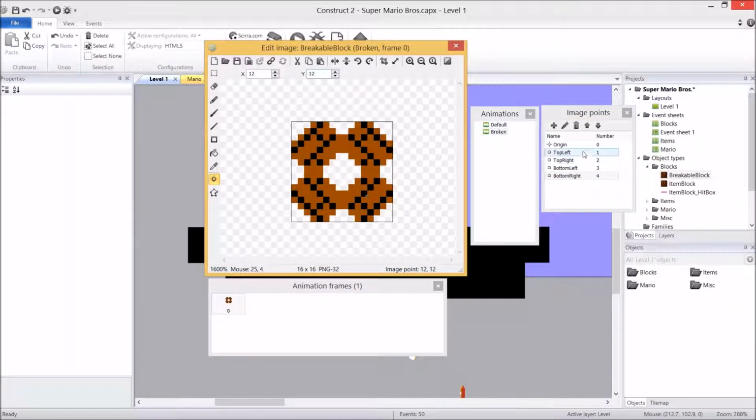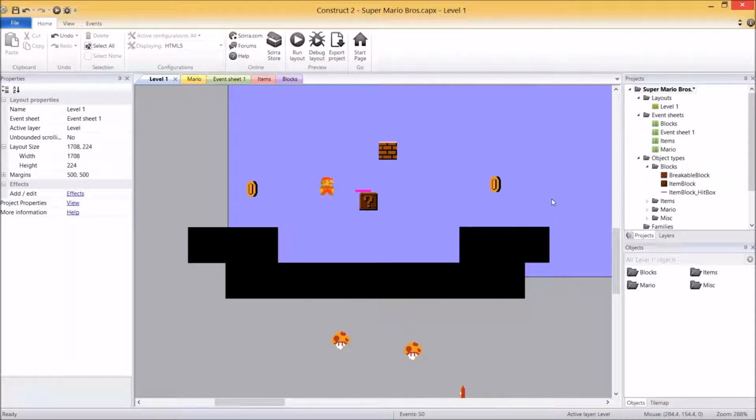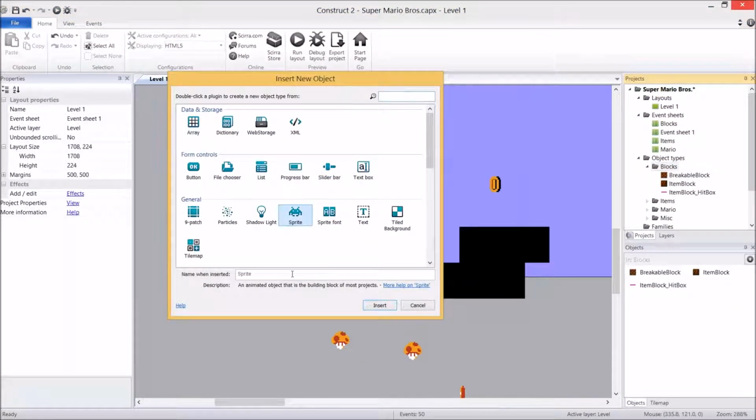So those image points right there, we're going to use to spawn 4 little particles, and the particles are going to fly off and do what they usually do in a Mario game. So that's actually done. We're going to close this, but before we can do any coding, we actually need 2 more sprites. Okay. So let's right click on the blocks, insert a new object, select a sprite, and the first one,